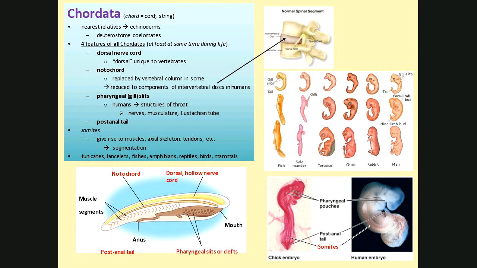It's too much to think, not very parsimonious, to imagine the nerve cord flipped from ventral to dorsal. We have a notochord at least sometime during our life. Now, our notochord, us humans, is replaced later on by the vertebral column. If you were a shark, that would be replaced by a vertebral column made up of cartilaginous material. And if you were the rest of us, that would be replaced by bony material.